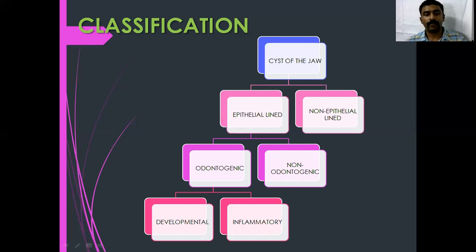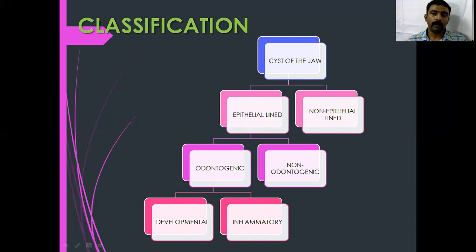Whereas the examples of developmental cyst are dentigerous cyst, which is related to a non-erupted tooth; odontogenic keratocyst, which is associated with proliferation of dental lamina; gingival cyst of newborn; gingival cyst of adult; calcifying odontogenic cyst; glandular odontogenic cyst; and lateral periodontal cyst. There are a few cysts which are classified as non-odontogenic cysts because they don't have a true epithelial lining. They are aneurysmal bone cyst, traumatic bone cyst, and Stafne bone cyst.